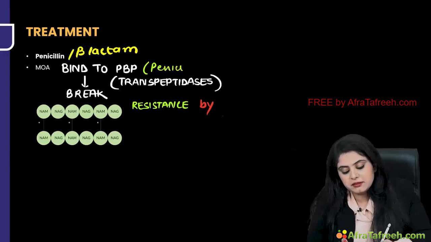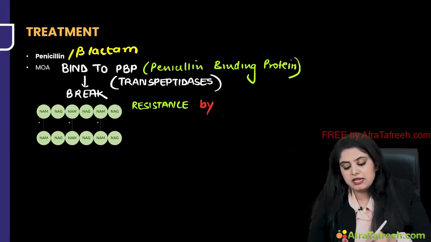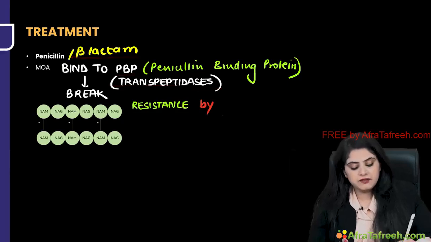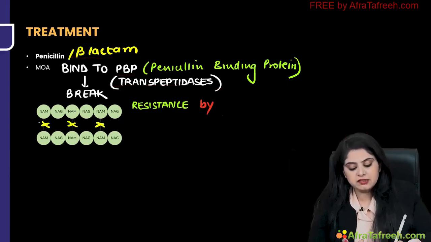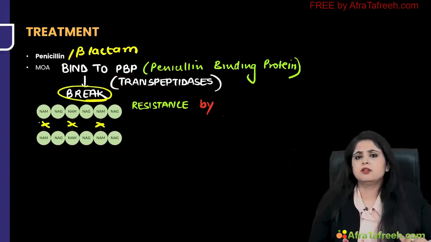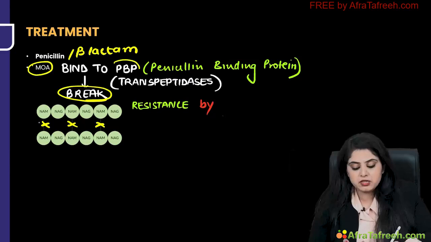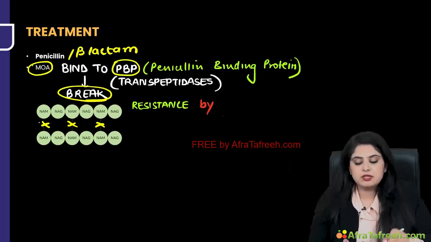PBP, penicillin binding protein. So remember, everywhere in a bacteria, in a Staph aureus, there is a penicillin binding protein called transpeptidases. Beta-lactam will say, I will go and break this transpeptidase, and if I can break it, the bacteria is going to die off. Simple. So that is the mechanism of action of beta-lactam, is bind to penicillin binding protein, transpeptidases,